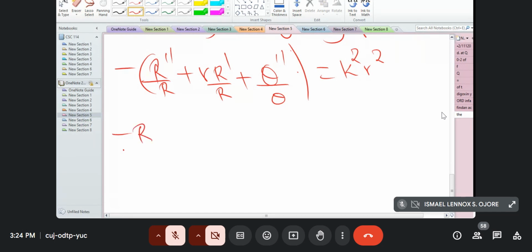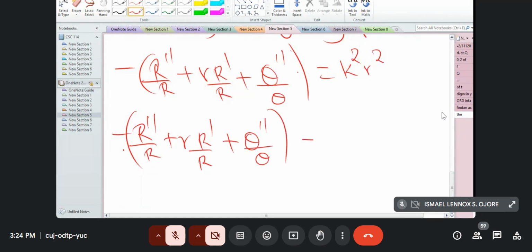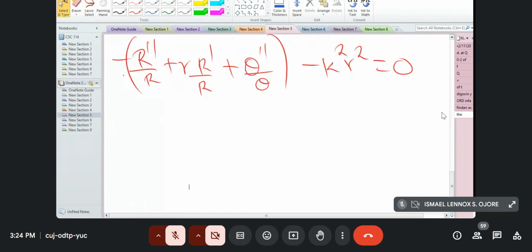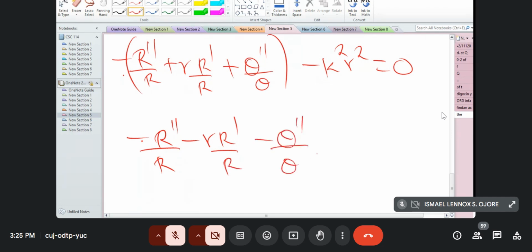Or minus R double prime over R plus r R prime over R plus Theta double prime over Theta minus k squared r squared equals 0. You can distribute the negative sign: minus R double prime over R minus r R prime over R minus Theta double prime over Theta minus k squared r squared equals 0, which is equivalent to